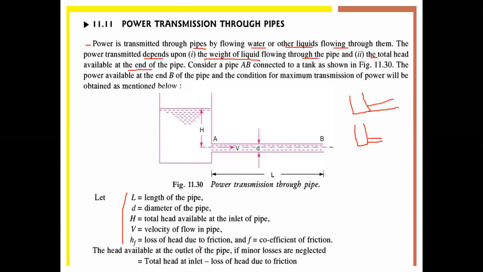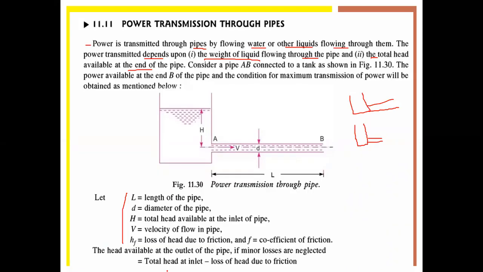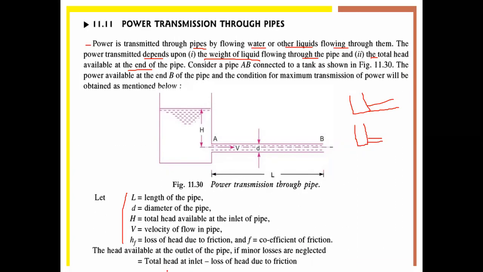So the head available at the outlet of the pipe, if minor losses are neglected, we can write: total head at inlet minus losses of head due to friction. Therefore, total head at inlet H minus loss of head, H minus HF, that is equal to